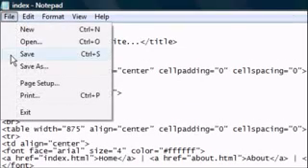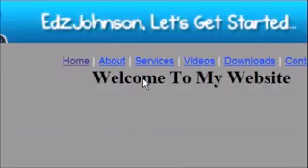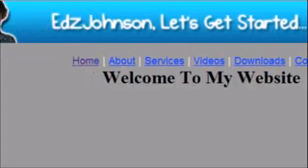Now we're going to add some standard text, so welcome to my website, and we're going to put H1 above it as a tag. Now H1 we haven't come across before. H1 stands for header 1, so that makes it large, and we're going to close the H1 tag. Once we're happy with that, press Ctrl S or File Save and refresh, and as you'll see, it has automatically